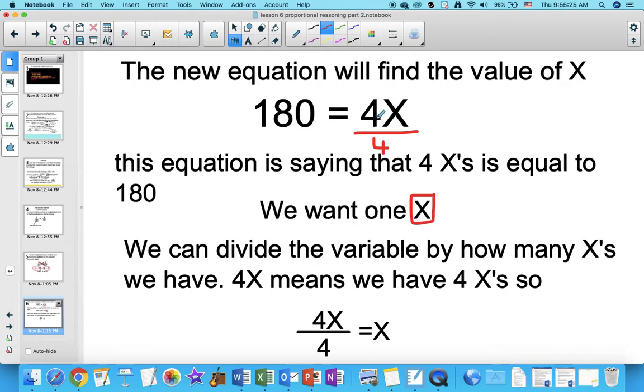And if I divide by 4, they go cross x. But whatever I do to one side, I must do to the other side, like that, right? So we can divide the variable by how many x's we have. 4x means we have 4 x's. So I want to divide it by 4 to get x,